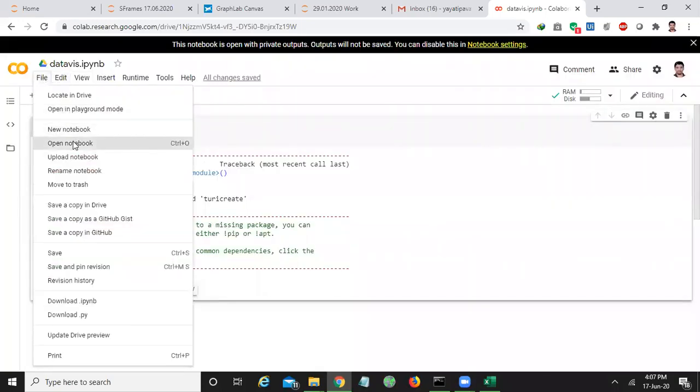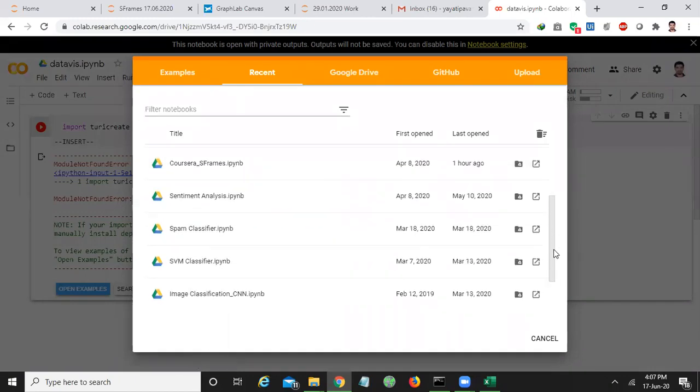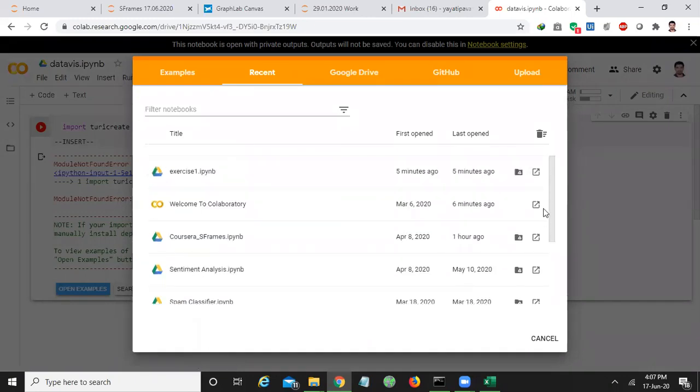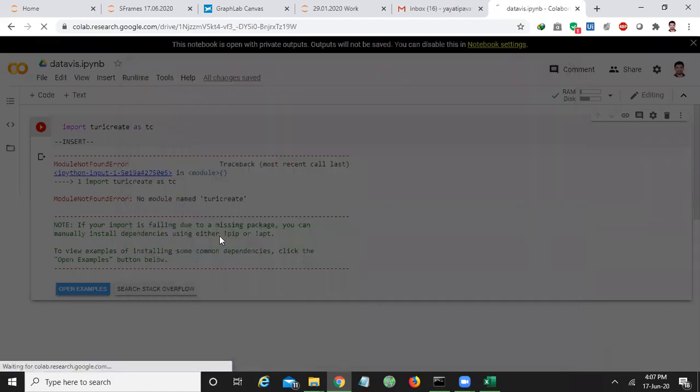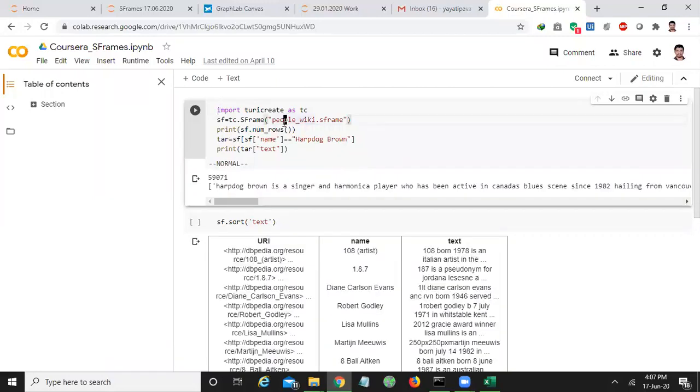But previously I have performed some programs, see here, I have already written the program here.